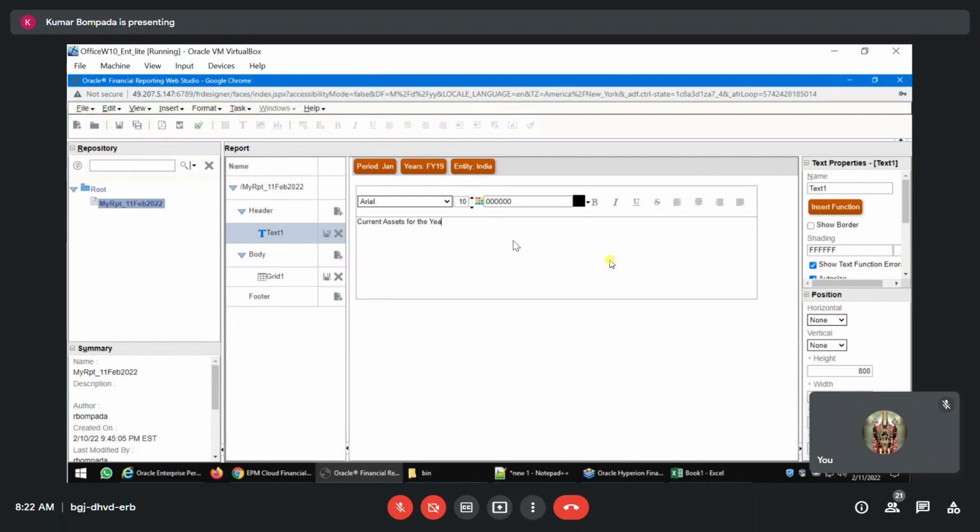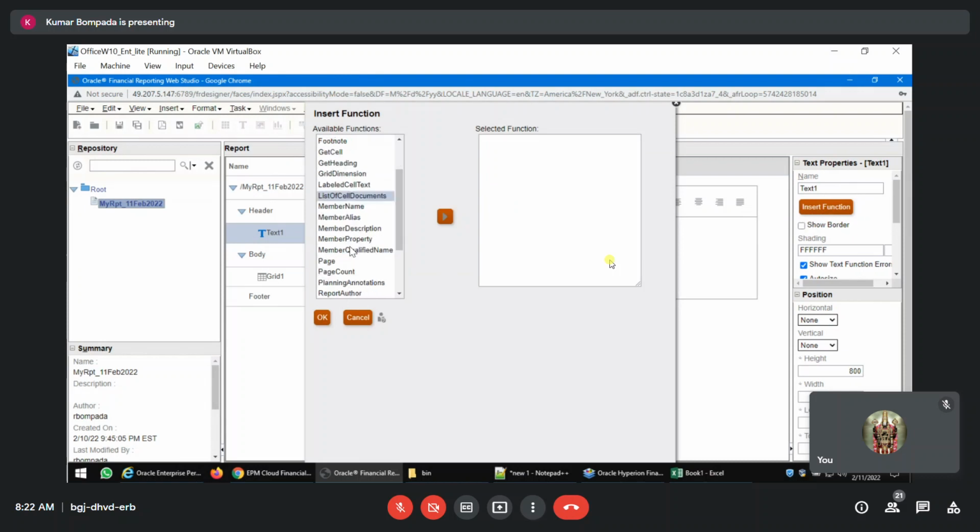Current assets for the year ended function. Same function. Member alias, member name, okay? Member name,